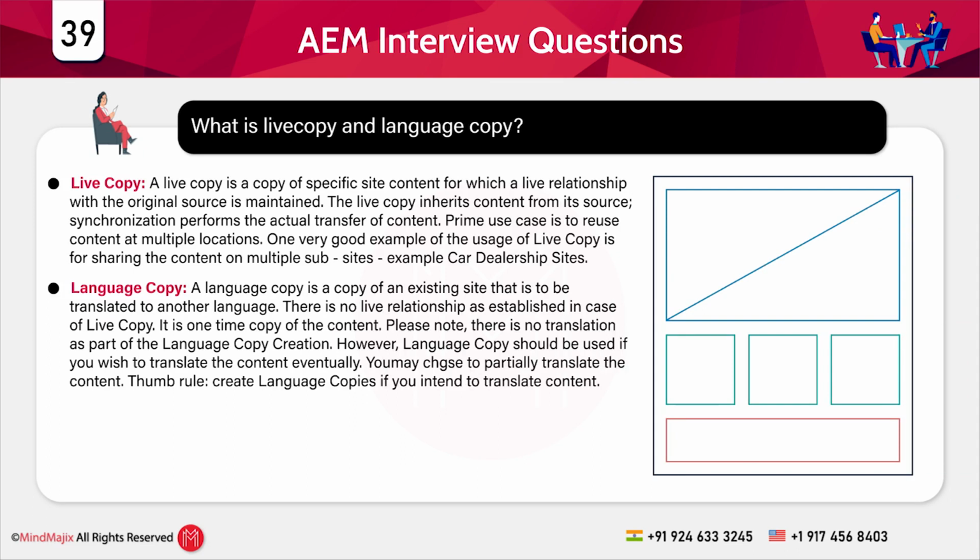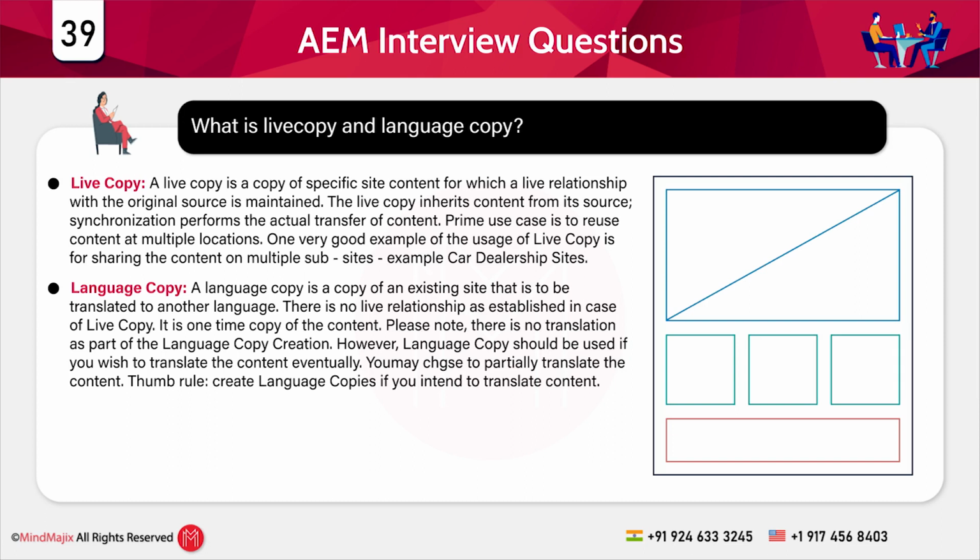We have copies. A live copy is where you create your site, and the same copy you create as a live copy, where you have exact things as in your original copy. So every time you need not copy the entire thing from here to there. Directly you can use the synchronizing property. You can synchronize as you modify something in your original content.